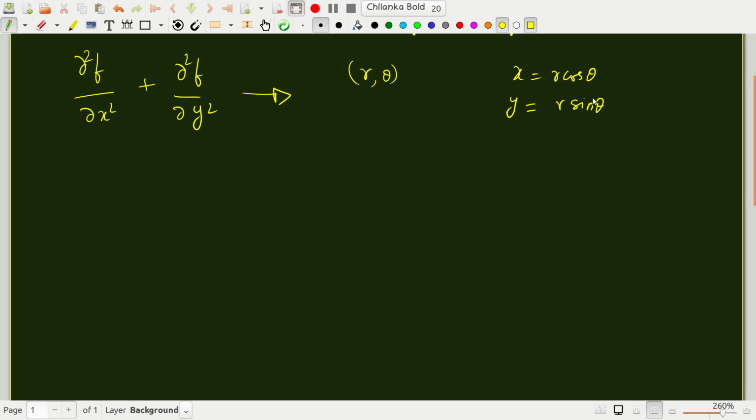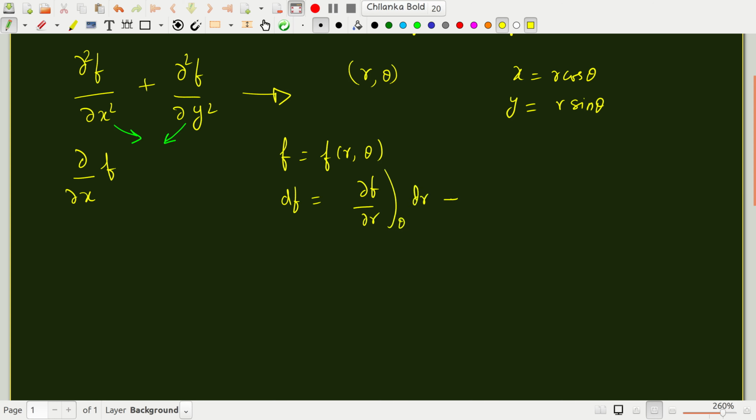right? So in that context, what we were trying to do was to write down an expression for partial f partial x in terms of the derivatives in terms of r and theta, because remember in the original partial differential equations you have derivatives with respect to x and y. So the first thing we have to do is consider f as a function of r and theta, and then you will get df is partial f partial r at constant theta dr plus partial f partial theta at constant r